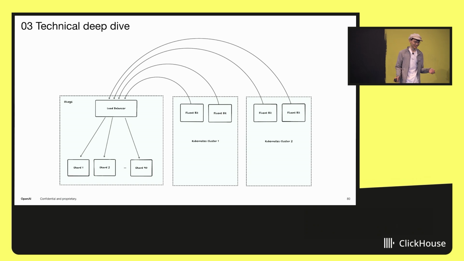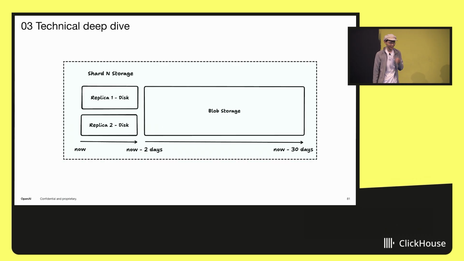We run a log management system, and that means we have software like Fluentbit running on every machine, tailing container logs and shipping them to ClickHouse. We, at the time, have a single ClickHouse instance with 90 shards, and every shard has 2 replicas. Now, because 80% of our user queries only look at the data generated in the last 2 days, we put that on disk and put everything else in blob storage. ClickHouse being cloud native intelligently abstracts away this tiered storage structure from us, and writers of SQL never have to care where the data lives.